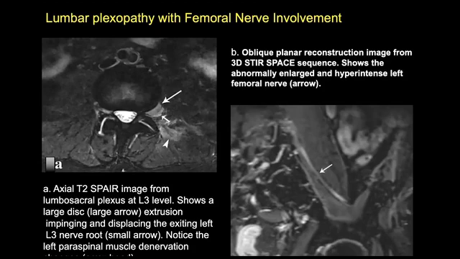You can also identify denervation effect in the paraspinal muscles. So the arrowhead in A is pointing to the part of the multifidus muscle that's being denervated because of compromise to the medial branch. And then in B, we now have done MPR reconstruction, and we can see this area